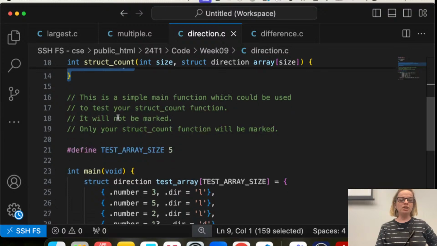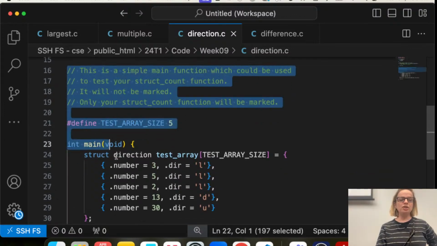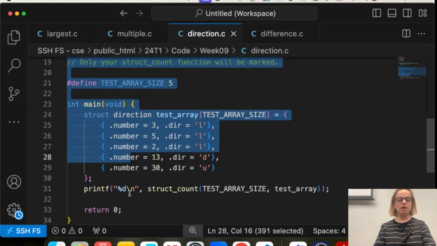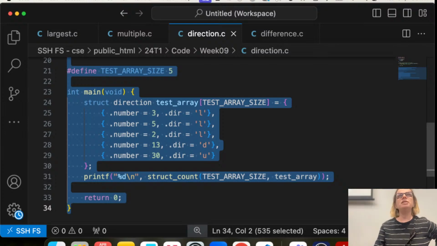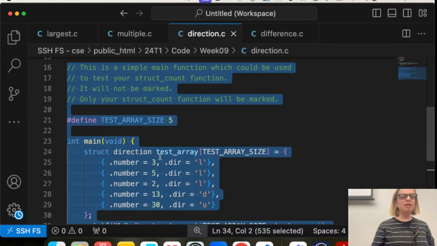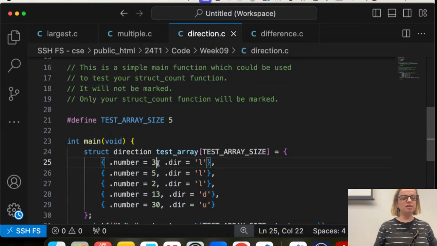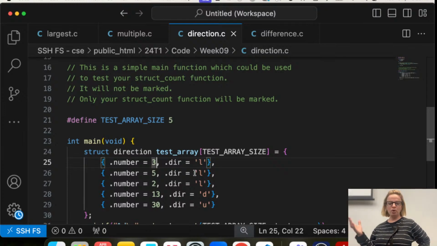But you're also going to get a simple main function that will allow you to test what is going on and whether you've actually written the right function, okay? You do not need to change anything in your main, but when you're testing your question, what you should be changing is the values in here, because it will allow you to see whether your function is working, whether it's doing everything correctly.